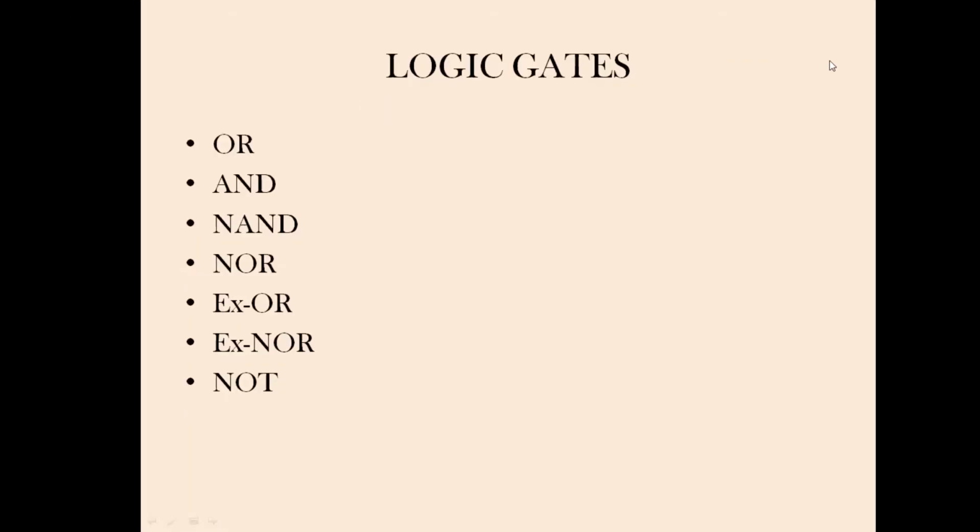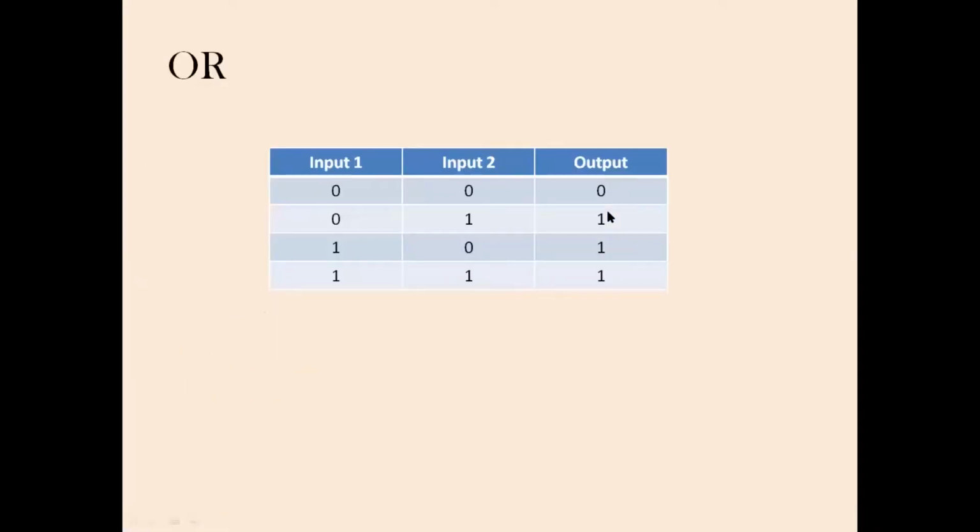So now we are going to implement that in ladder logic. First we will check out the OR gate truth table. This is the truth table for OR that we are very well known with, right? We are going to write a ladder logic that satisfies all four conditions. For example, I will be using two inputs and one output, and that logic should satisfy all the cases. There should be only one logic that satisfies all the cases.